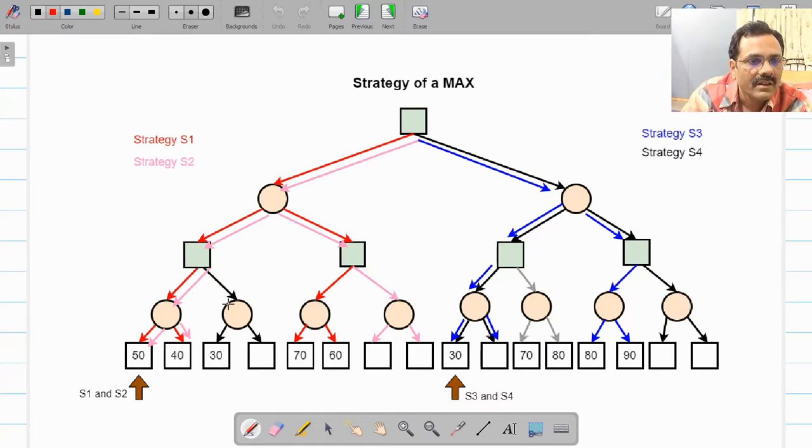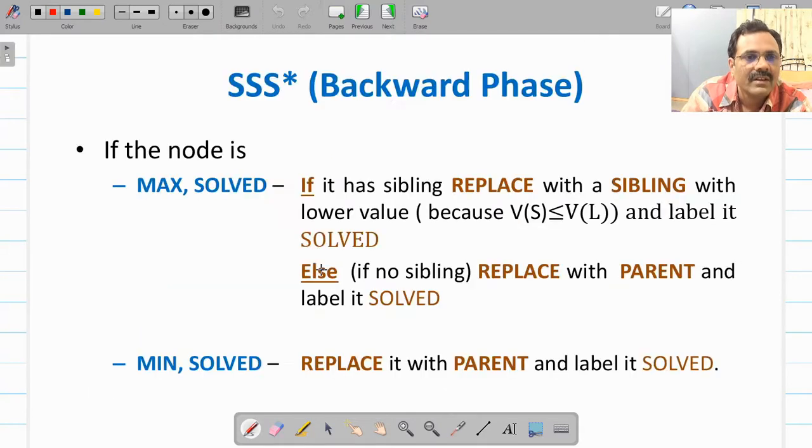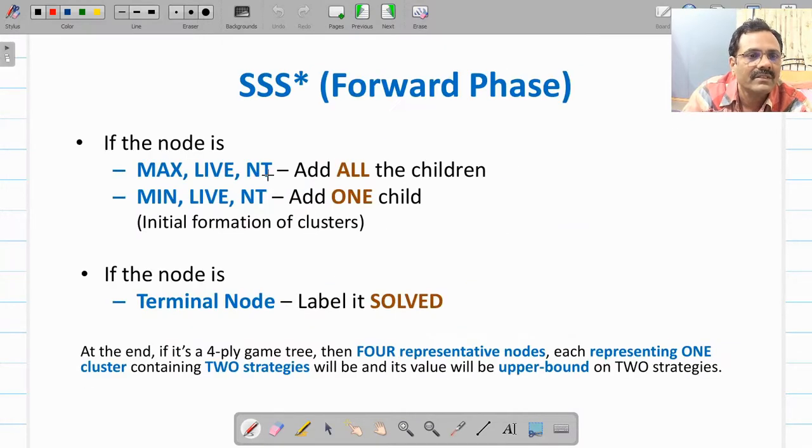Similarly, instead of this branch, you can select this branch for max, and if you repeat the same process, you will have 8 strategies. So in the algorithm, if we have to select the minimum number of nodes which will cover all the strategies, then you will follow this forward phase.